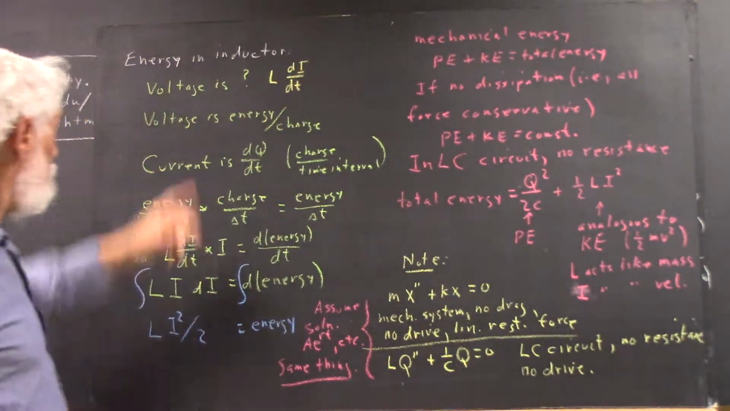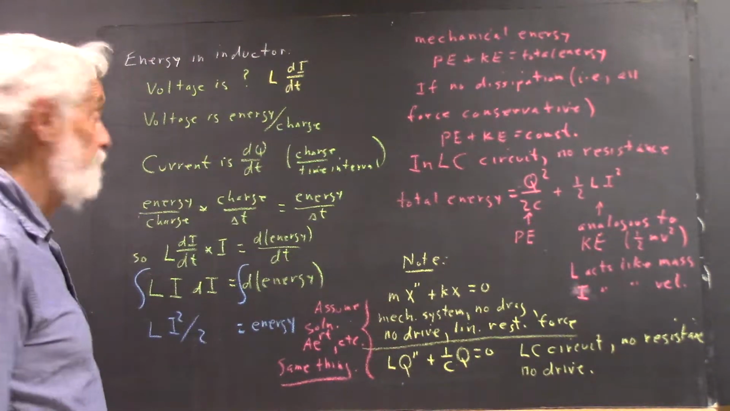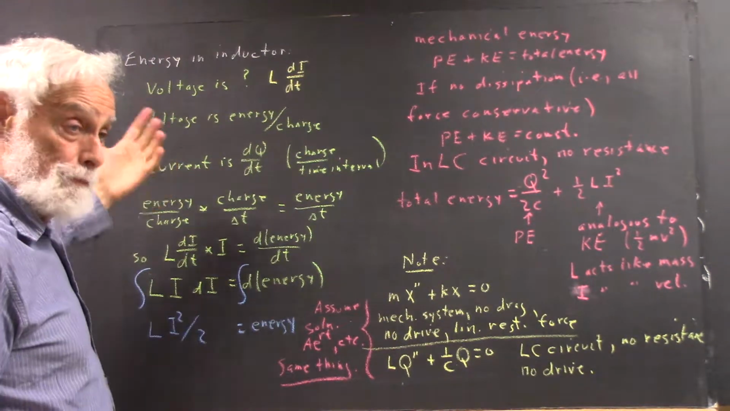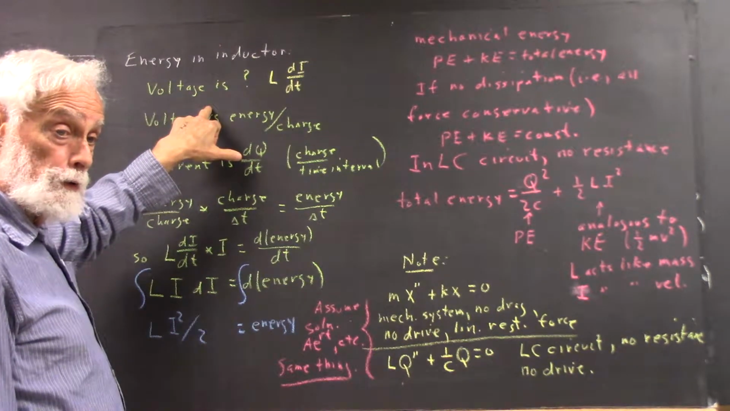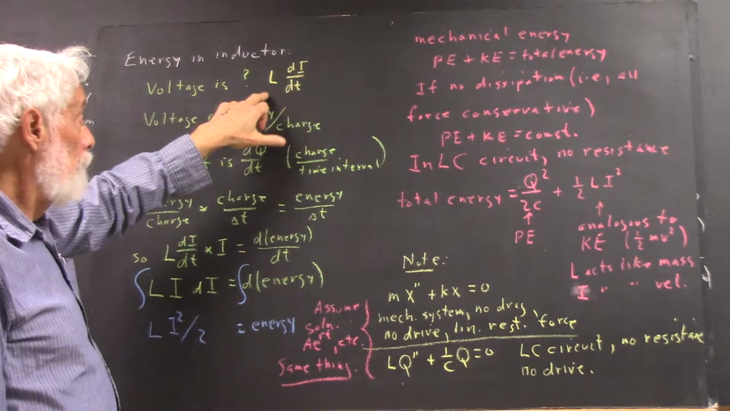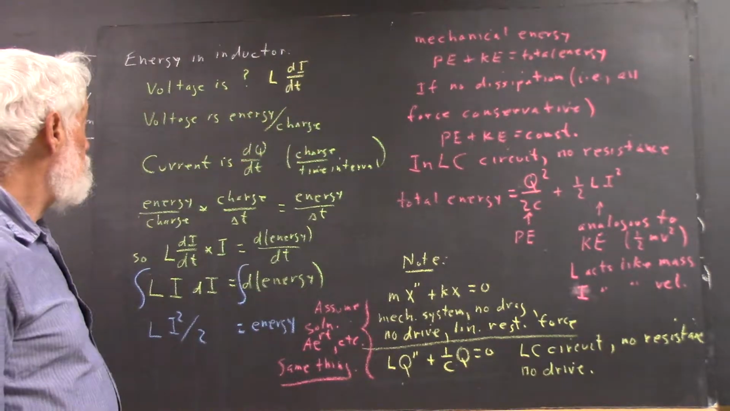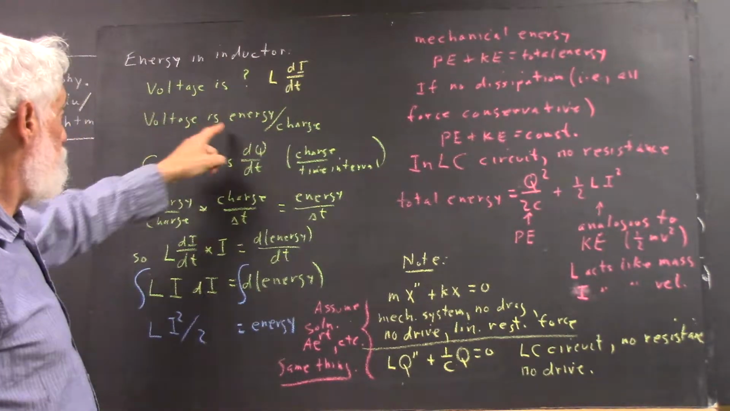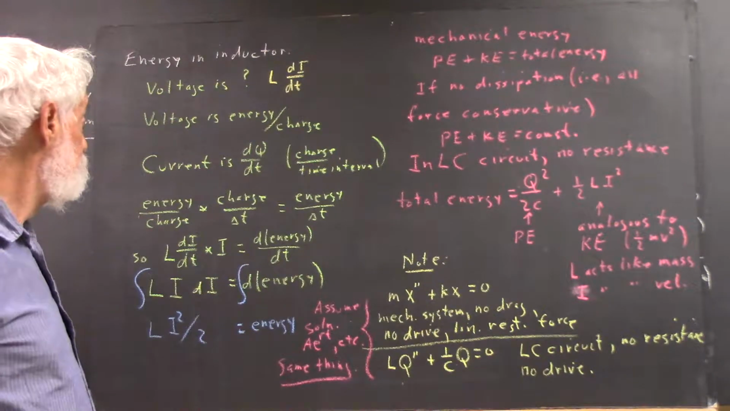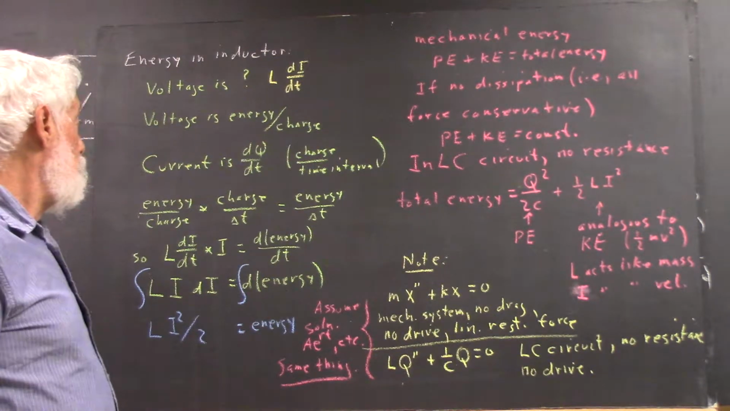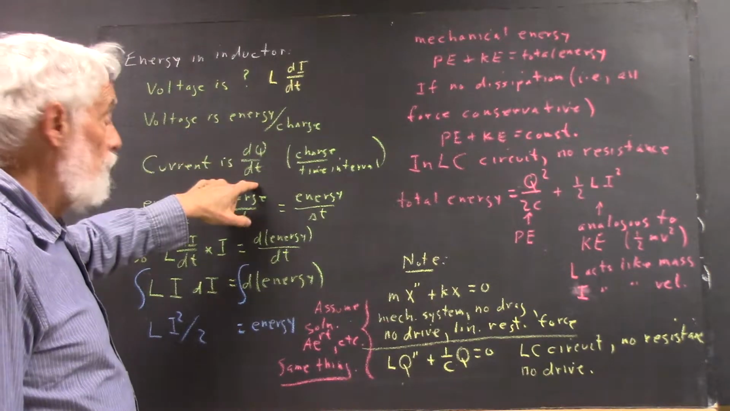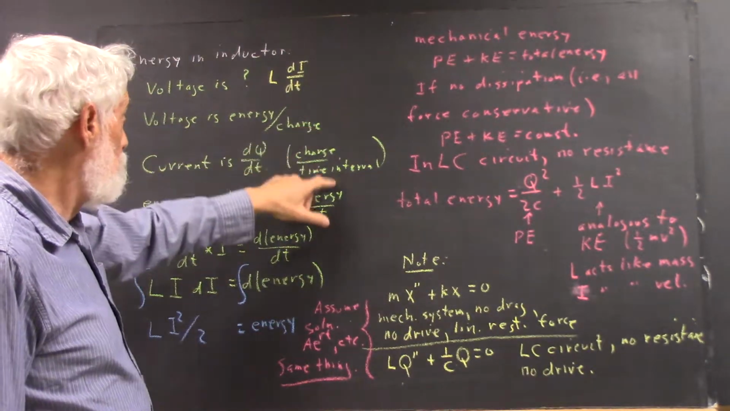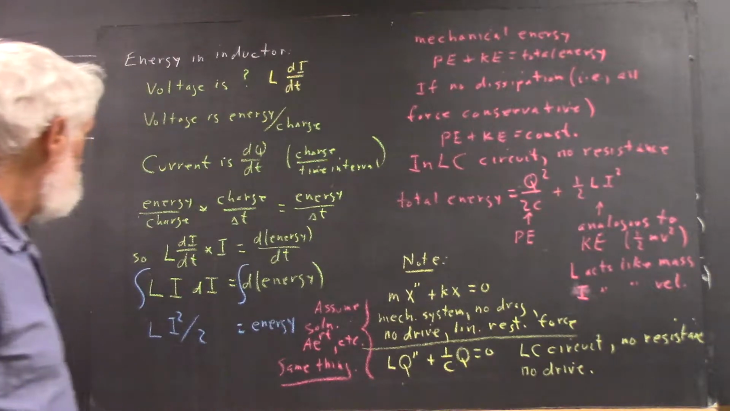Well, how do we get energy in an inductor? Just from basic principles, voltage is what? What's the voltage in an inductor? Well, we answer L di dt. Okay? And voltage is energy per unit of charge. Okay? So current is the rate of change of charge, which is charge over time interval. So that